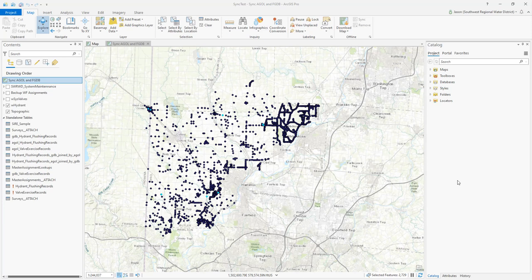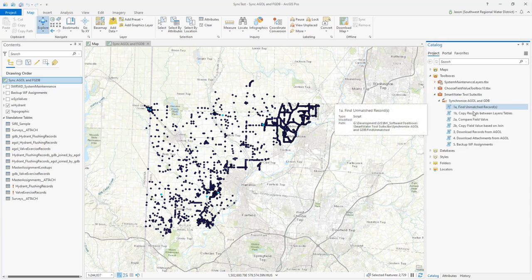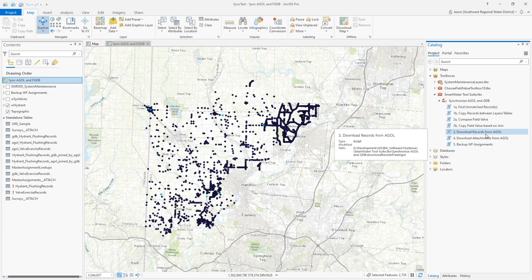Hello everyone, and this exercise will continue to show you how to use the synchronization tool. Now here is the tool, and today we are going to try to download the records from ArcGIS Online. Now we know we have this tool there, the second one, to copy records between the layers, and however we have